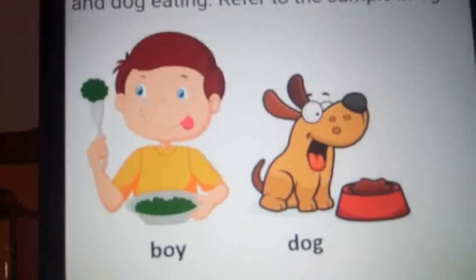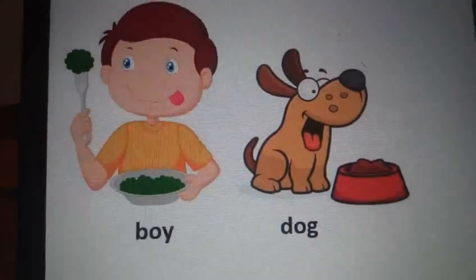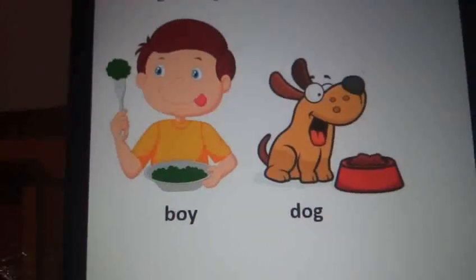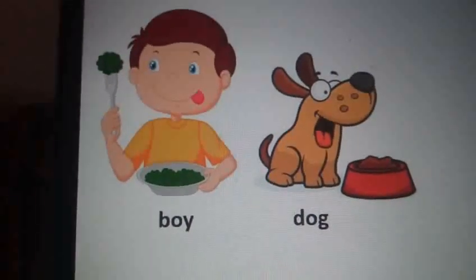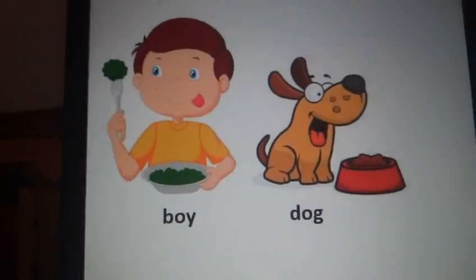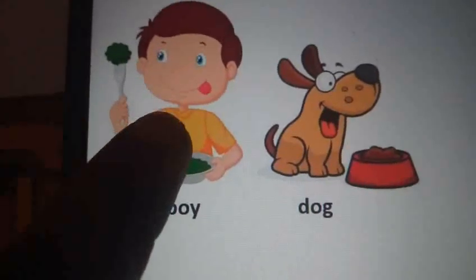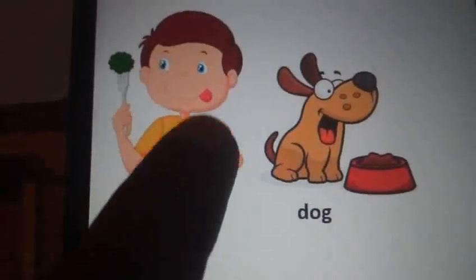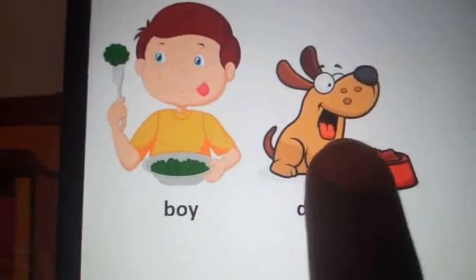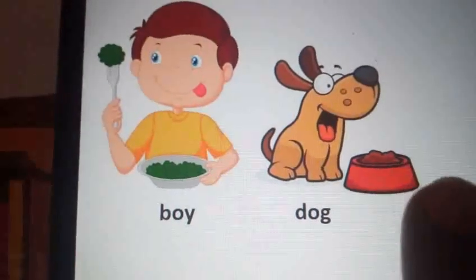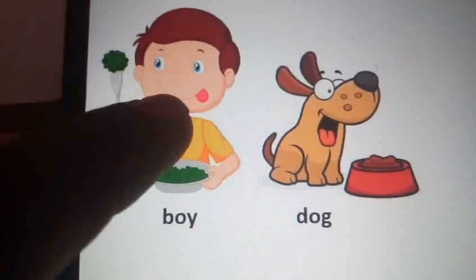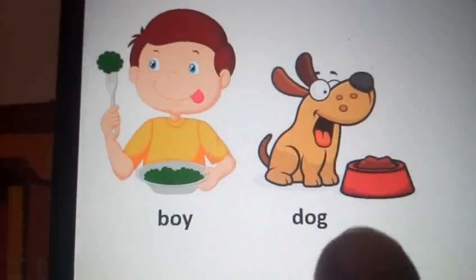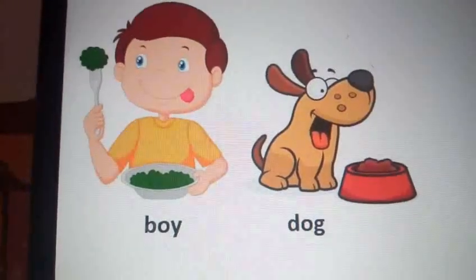This is the first drawing from the 7th unit. Did you complete this? This is about my drawn and labeled drawings, right? See that, I wrote some sentences also. I will speak about my drawing. Okay, this is a boy. The boy eats. Next, this is a dog. The dog eats. Right? Once again, this is a boy. The boy eats. This is a dog. The dog eats. This is about my drawing.